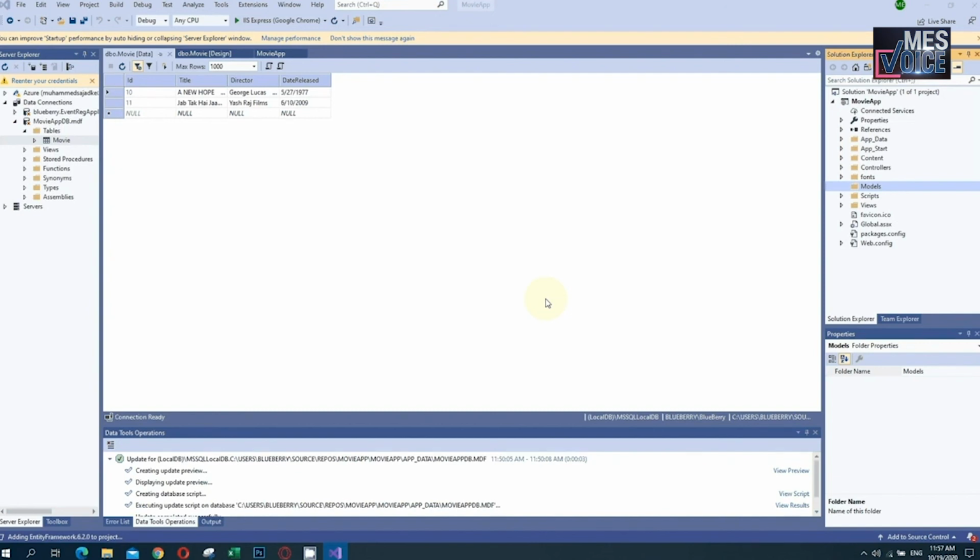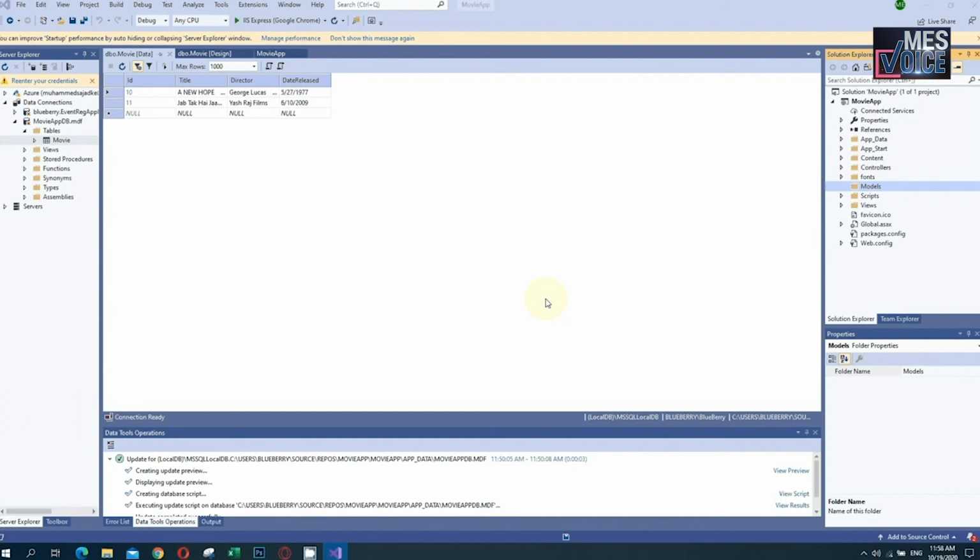It will open now. The database model is being created.